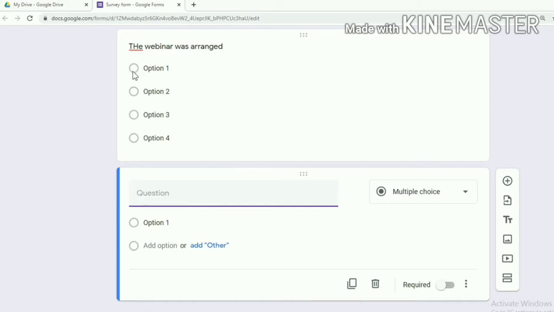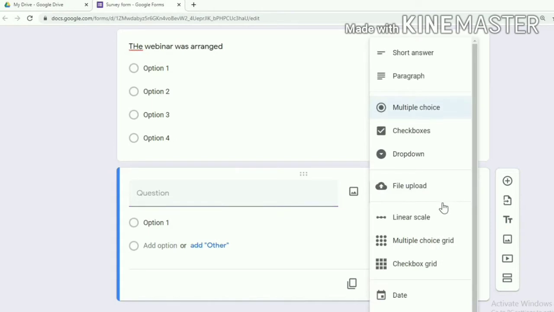They cannot choose the two options at a time. But here in the case of checkbox type questions, the respondents can choose 2 or 3 or any number of options. Even all the 4 options if you have given, they can choose even the 4 options also. That is the advantage of the checkbox type questions.